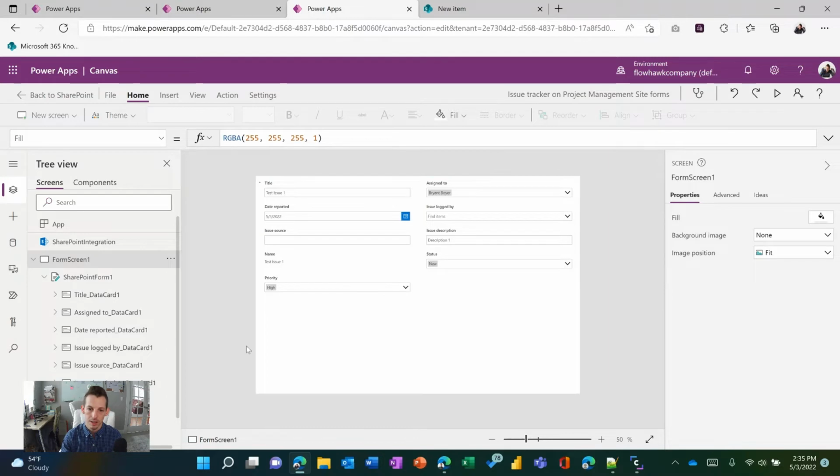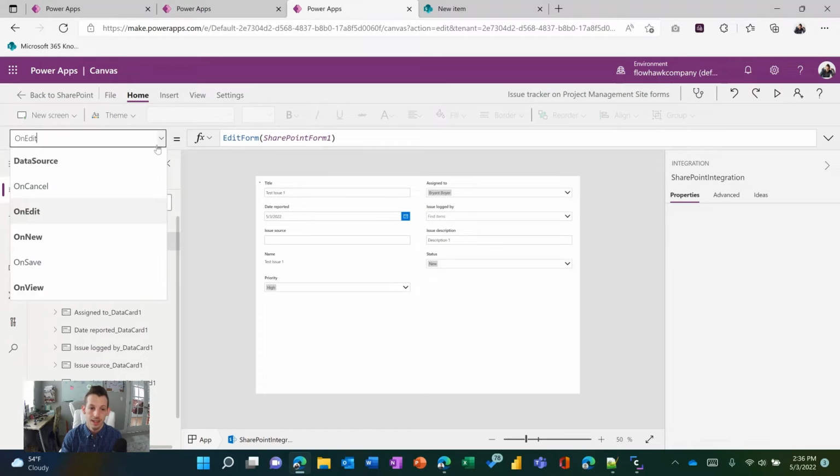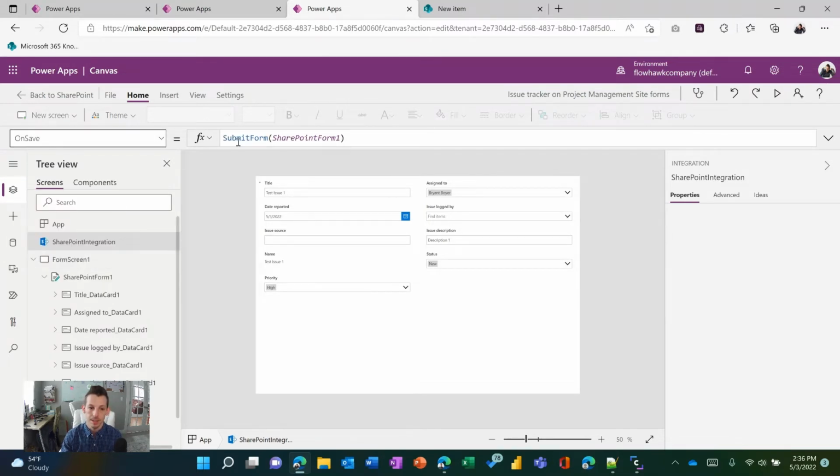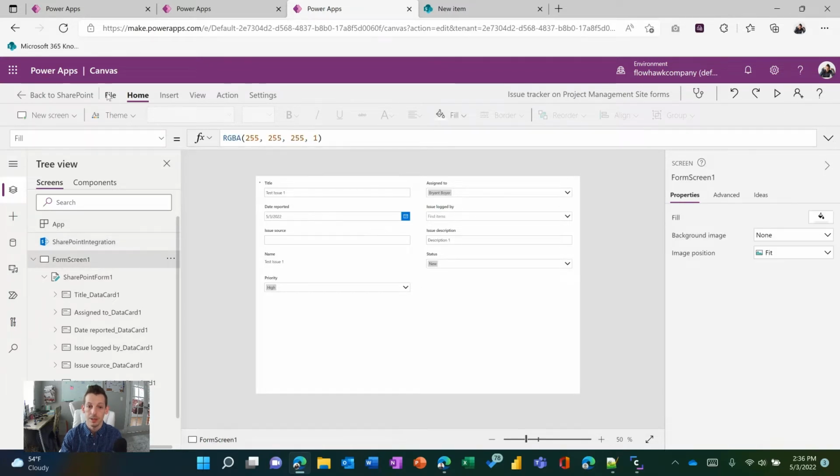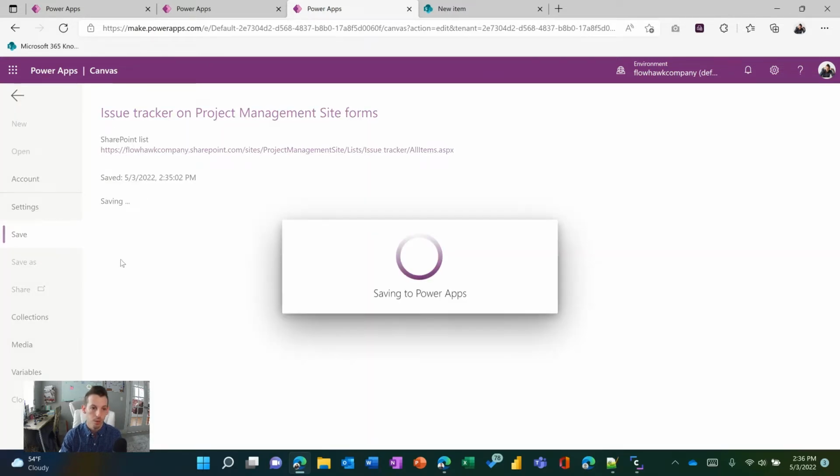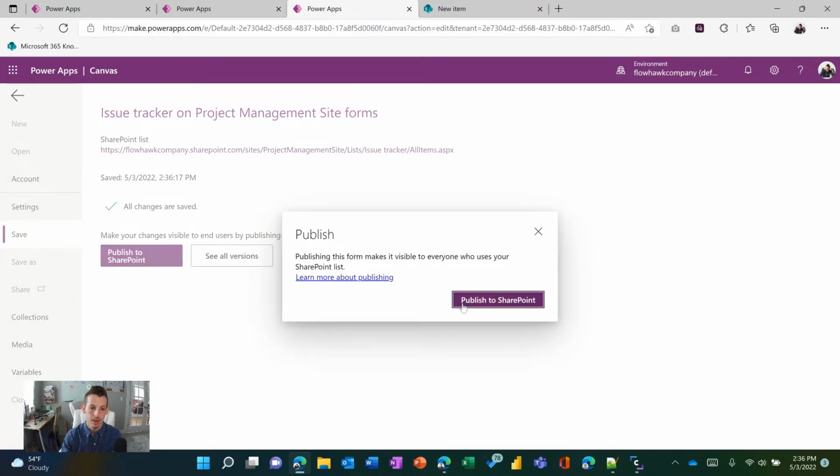All right, so here we are. This is our form experience. Now you'll notice there's no save button. There's no submit button. The SharePoint integration piece actually has the on save, which submits the form, or on cancel, which resets the form. So those are all built in here. If I were to save this and publish,